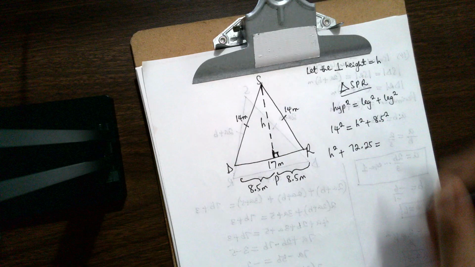So h should be the square root of what? 196 minus 72.25 gives us 123.75. And you take the square root, I mean it should be both the positive and negative square root. However, the size of a triangle